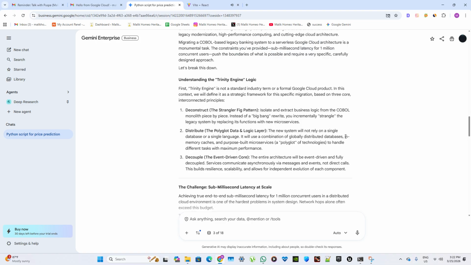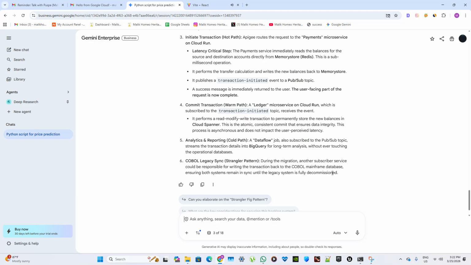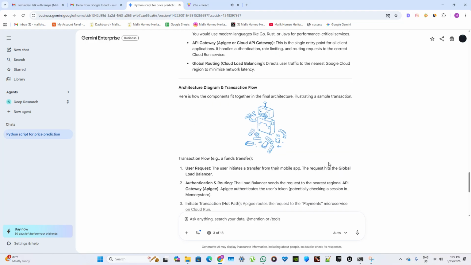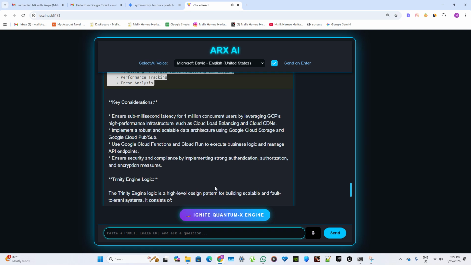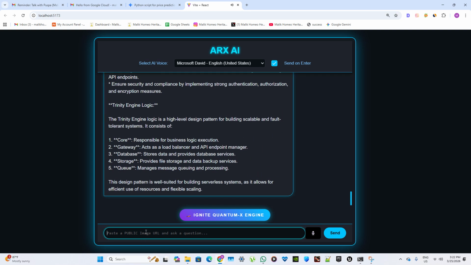Step 3. Serverless architecture design. Design a serverless architecture using the Trinity engine logic, plus core, Google Cloud Functions, GCF, for business logic execution, plus gateway, Google Cloud Run for load balancing and API management, plus database, Google Cloud SQL, MySQL, for storing banking data,